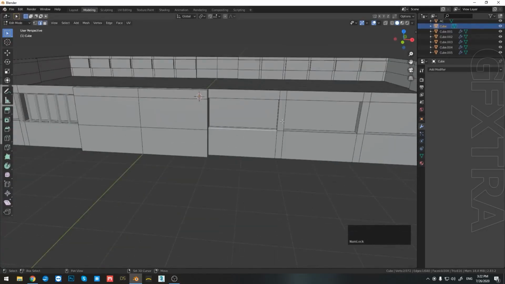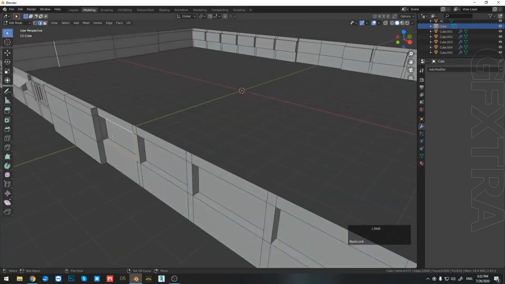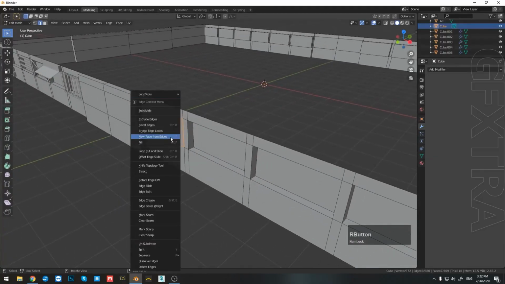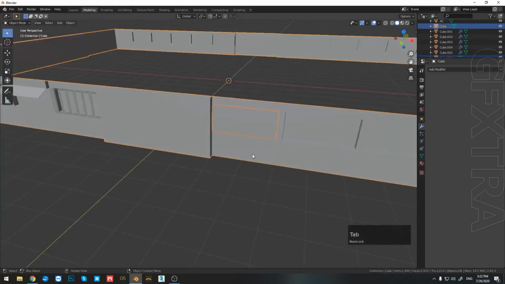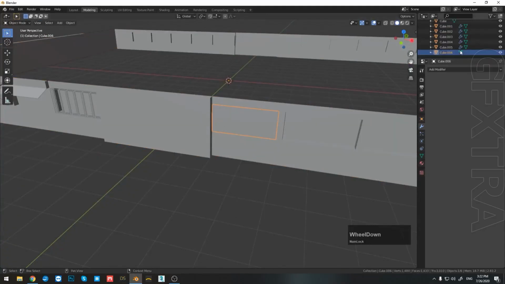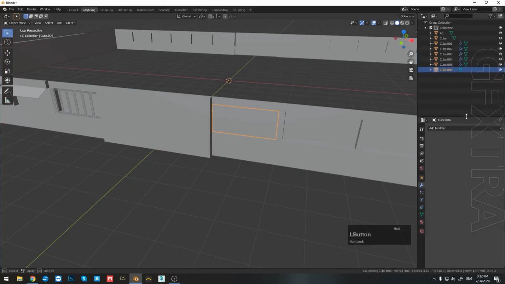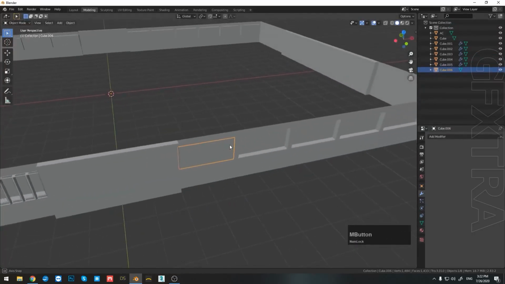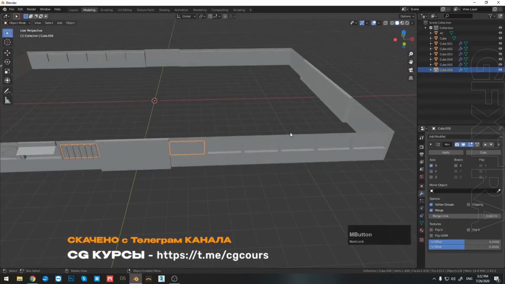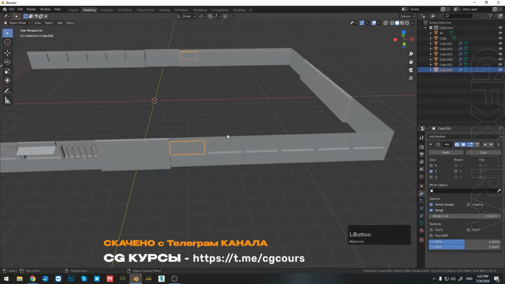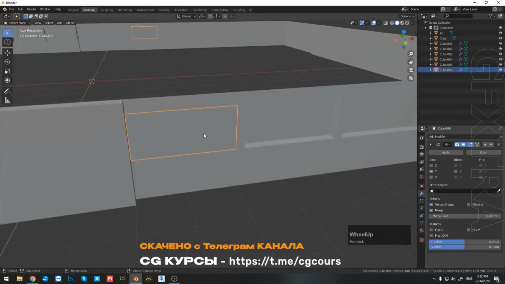and let's start off by selecting this face right here. Press F, then right-click, separate selection. Press Tab again to go back to object mode. Now select this face or object that we've separated. Let me bring this down so you can see what I'm doing. Now let's add a mirror modifier on the y-axis and disable the x-axis so we have something that looks like